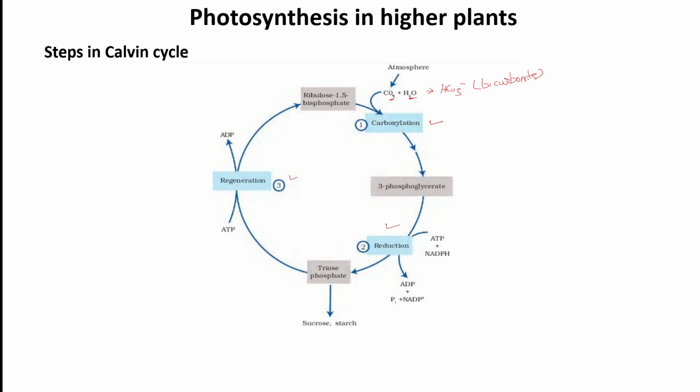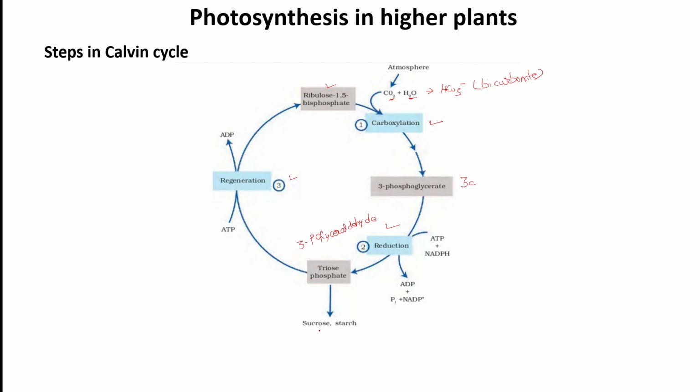Okay, and this bicarbonate then reacts with RuBP, ribulose 1,5-bisphosphate, leading to the formation of a 3-carbon compound. This is a 3-carbon compound known as 3-phosphoglycerate or 3-phosphoglyceric acid. Now, 3-phosphoglyceric acid is reduced to form 3-phosphoglyceraldehyde. Here we can say 3-phosphoglyceraldehyde is produced, which is again a 3-carbon compound, and 3-phosphoglyceric acid can be further converted into, you